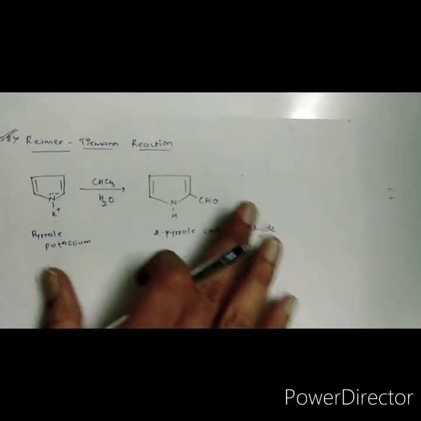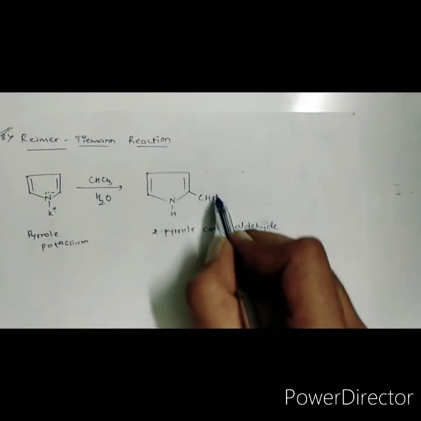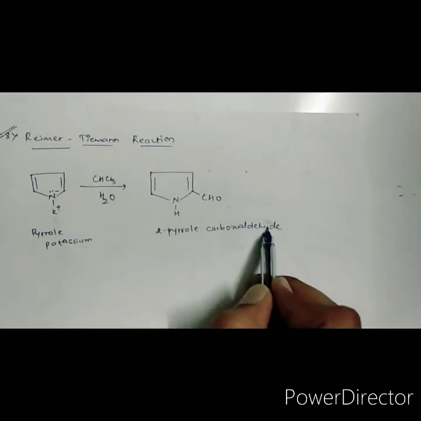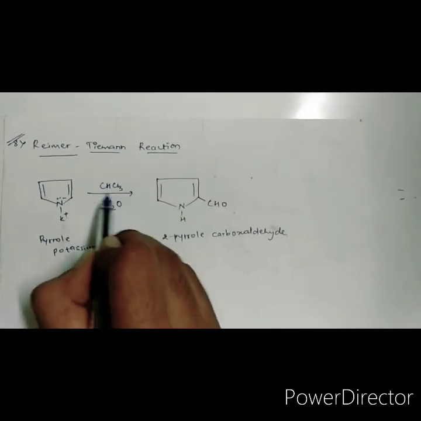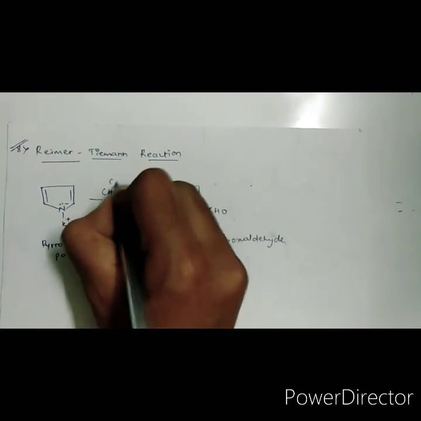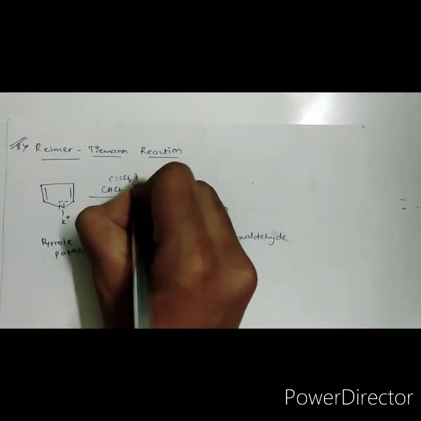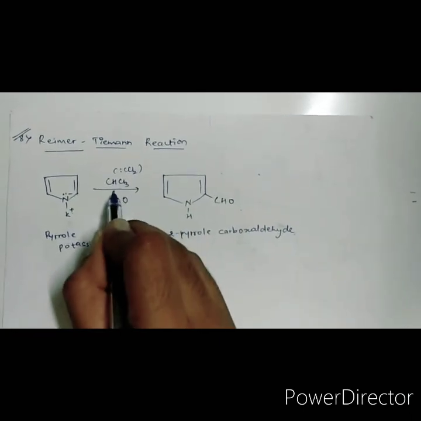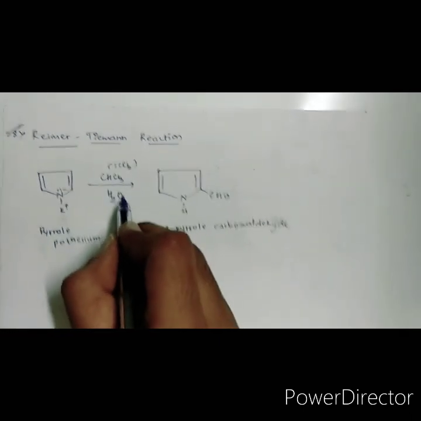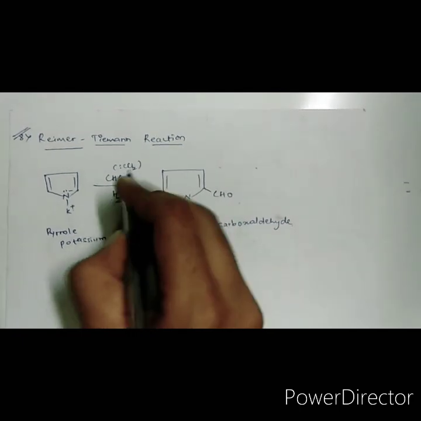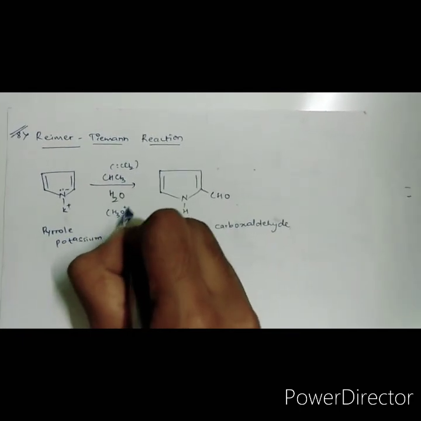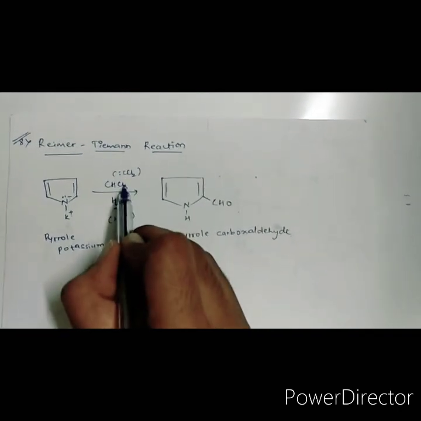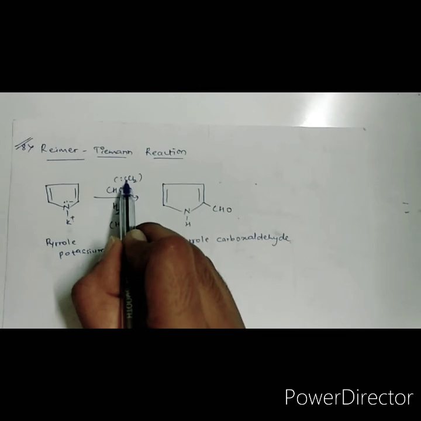So in this case it reacts with the water and forms an aldehydic substituted product, that is 2-pyrrole carboxaldehyde. Similarly here also a carbene is generated, that is dichlorocarbene. It attacks one of the carbons and there is a reduction reaction, or you can say a hydrolysis reaction, taking place with the carbon, wherein this water acts as a hydronium ion while this chloroform reacts as dichlorocarbene.